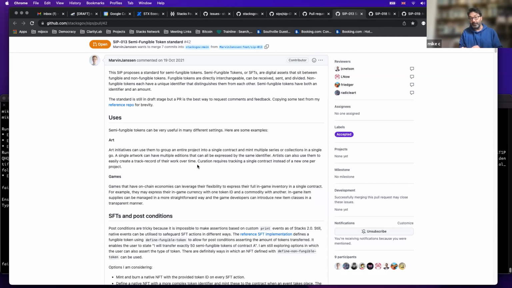It's much more generic than that. So ticketing would be another example of a domain where you could use SIP 13. Issuing different types of tickets would be the NFT, and the number of each ticket would be the fungible part. And then obviously you can build applications, marketplaces, for example, where you can buy and trade tickets